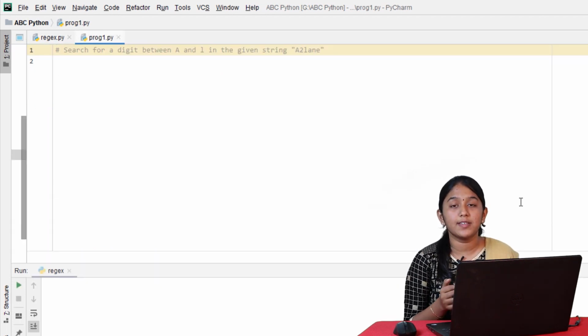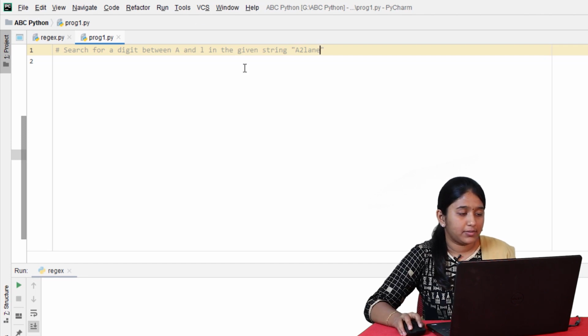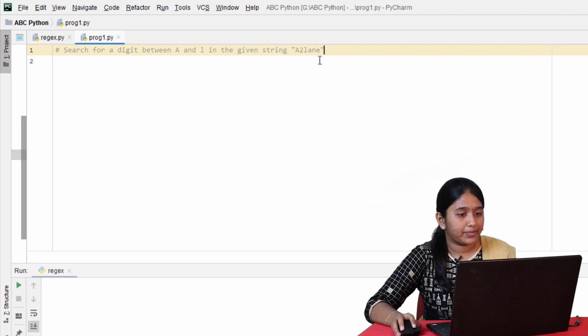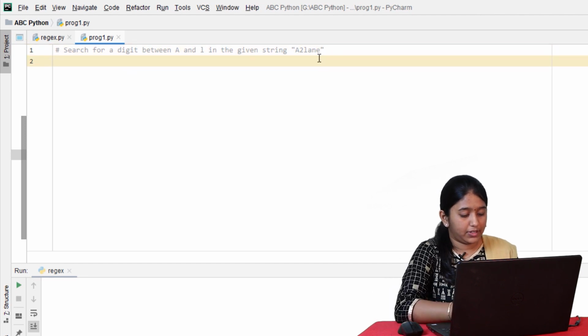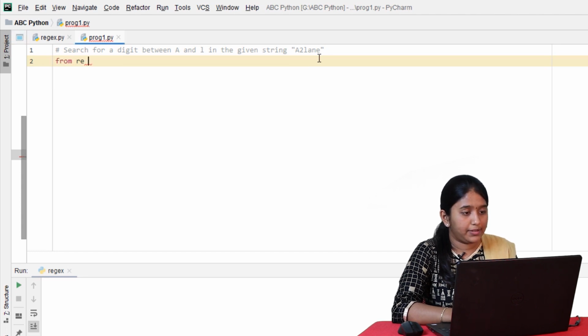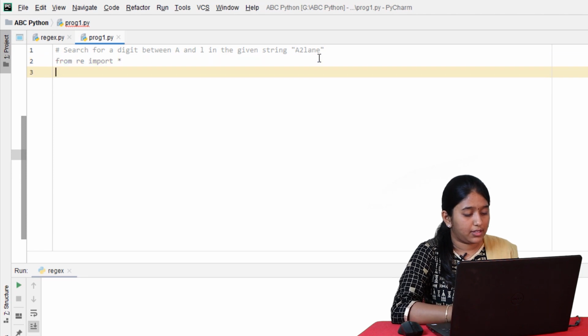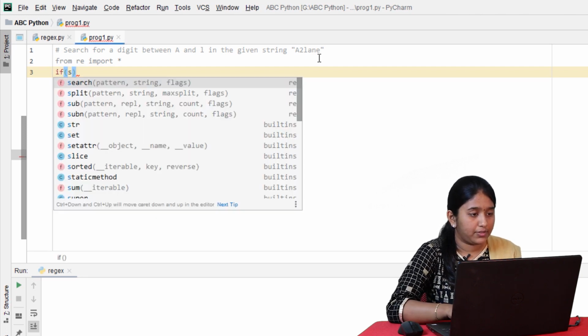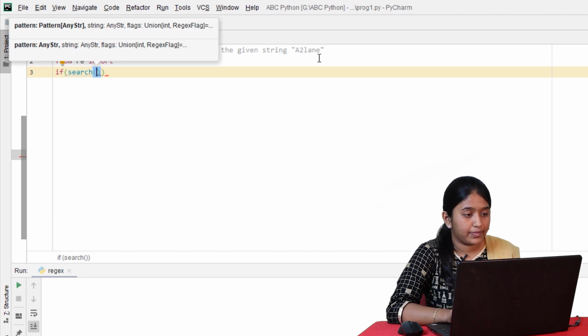Now let's look at some simple programs that will help us better understand regex. Search for a digit between A and L in the given string A to lane. So first, let's import the RE module, from RE import star, and then let's use an if condition. If search, write the pattern,